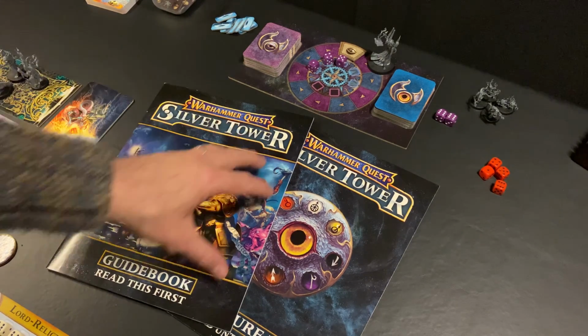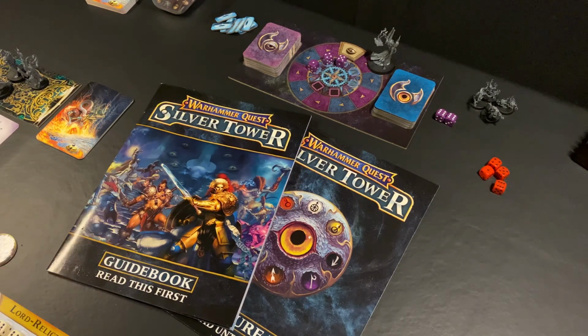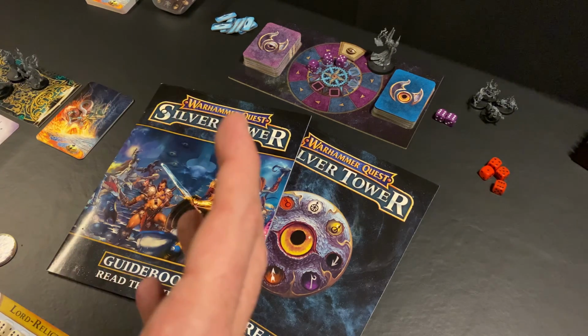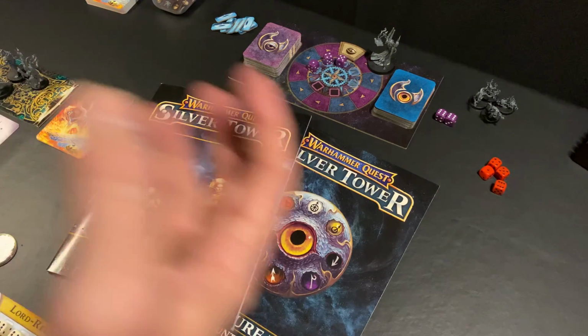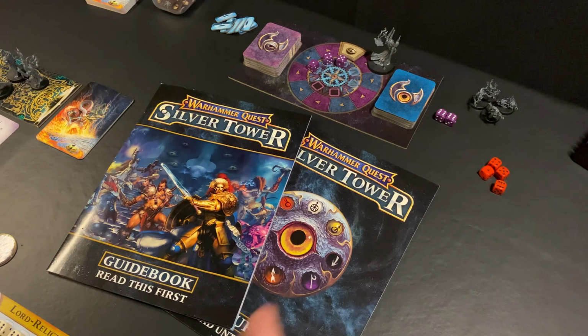Warhammer Quest Silver Tower is a super awesome game. It is a masterclass in presentation. I'm trying to think of a good word to describe this. I don't think presentation quite describes the idea that I am focusing on recently, but the term onboarding comes to mind, but that's so corporate sounding, and I'm trying to think of a phrase